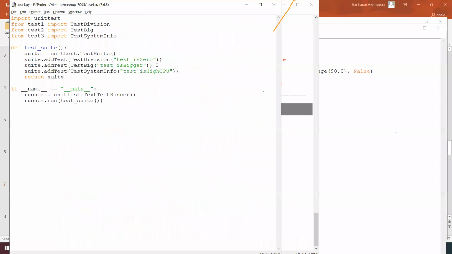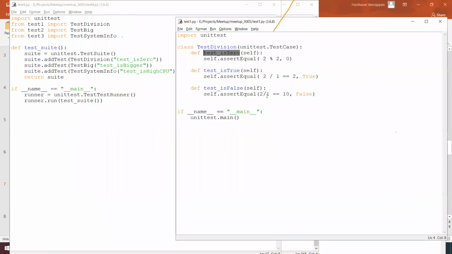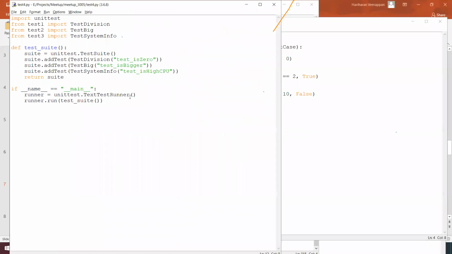For example, the same way we can run multiple test cases. We can define the test cases in various ways, and we can create a collection or suite of test cases with the help of the test runner and test suite, and we can add our own test cases over here with the suite.